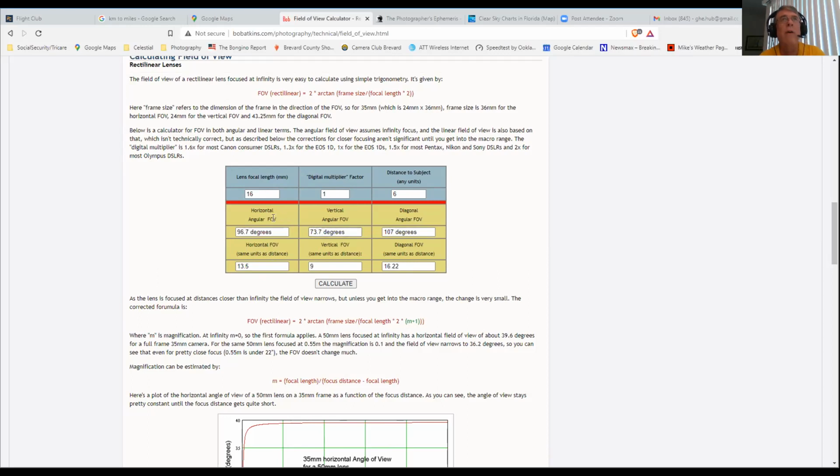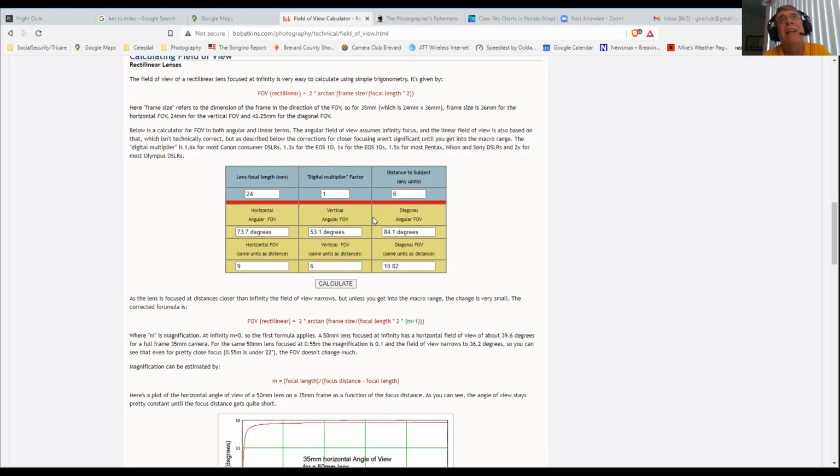So let's say you have a camera and the widest angle you have is 24 millimeters. You put 24 in there and hit calculate, and it'll tell you your field of view is almost 74 on the wide and 53 on the short, on the up and down. All this is based on having a full frame camera. And this is what Richard was alluding to. So let's say you're shooting with your Nikon D7200 or your Canon 90D or whatever, and you have a